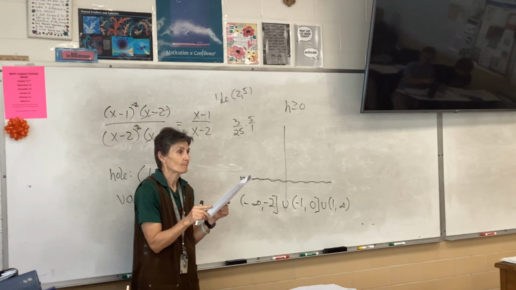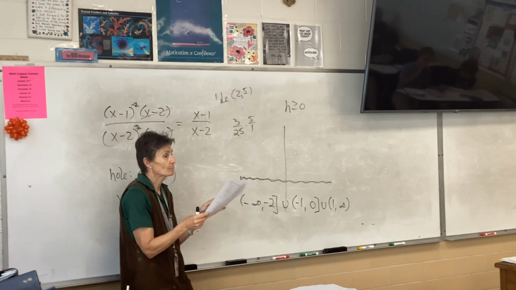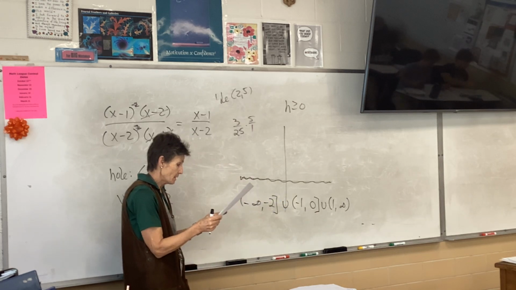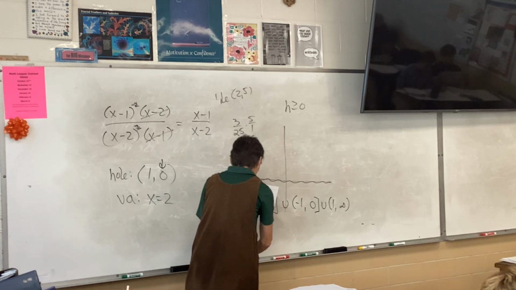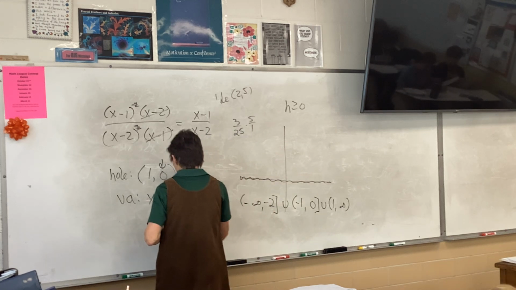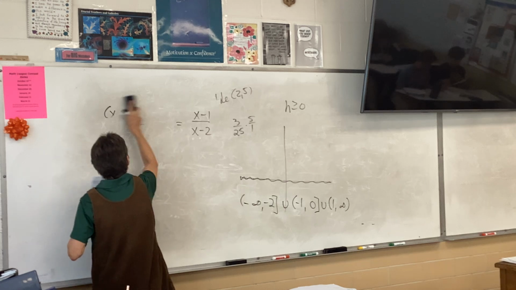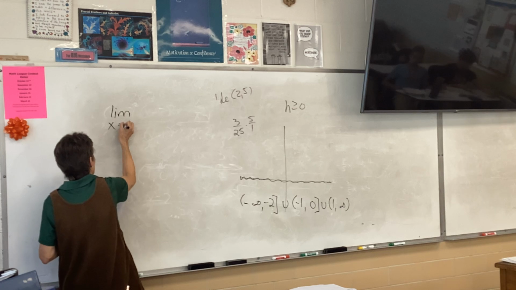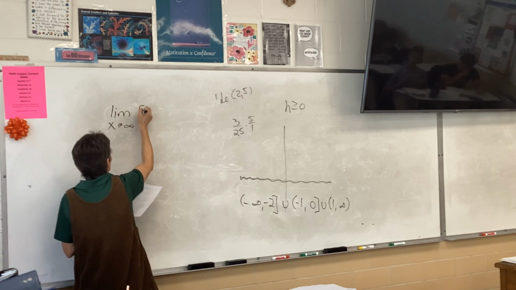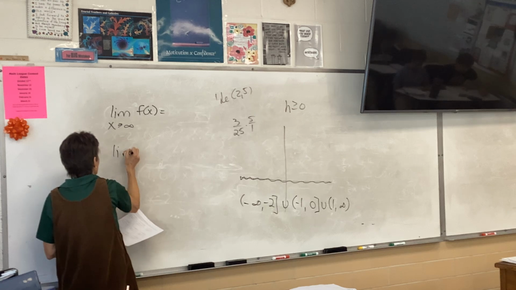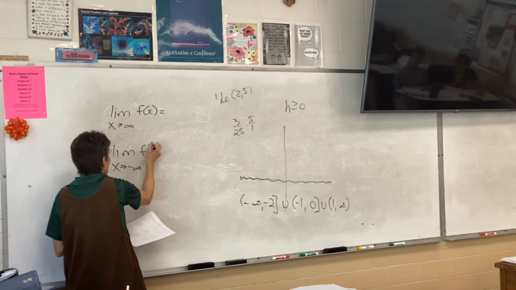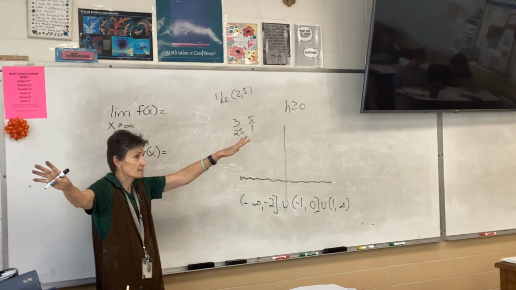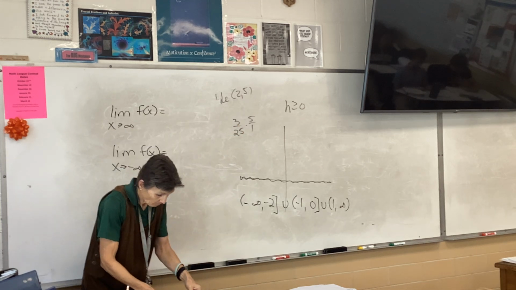Who else? Yep. On the first page of the worksheet, Number 10. Says write limit statements for the end behavior of the following rational equations. Now remember, limit statements for end behavior means what's the limit as x approaches infinity? And what's the limit as x approaches negative infinity? This is end behavior. End behavior is what happens at the ends. Okay? Now,